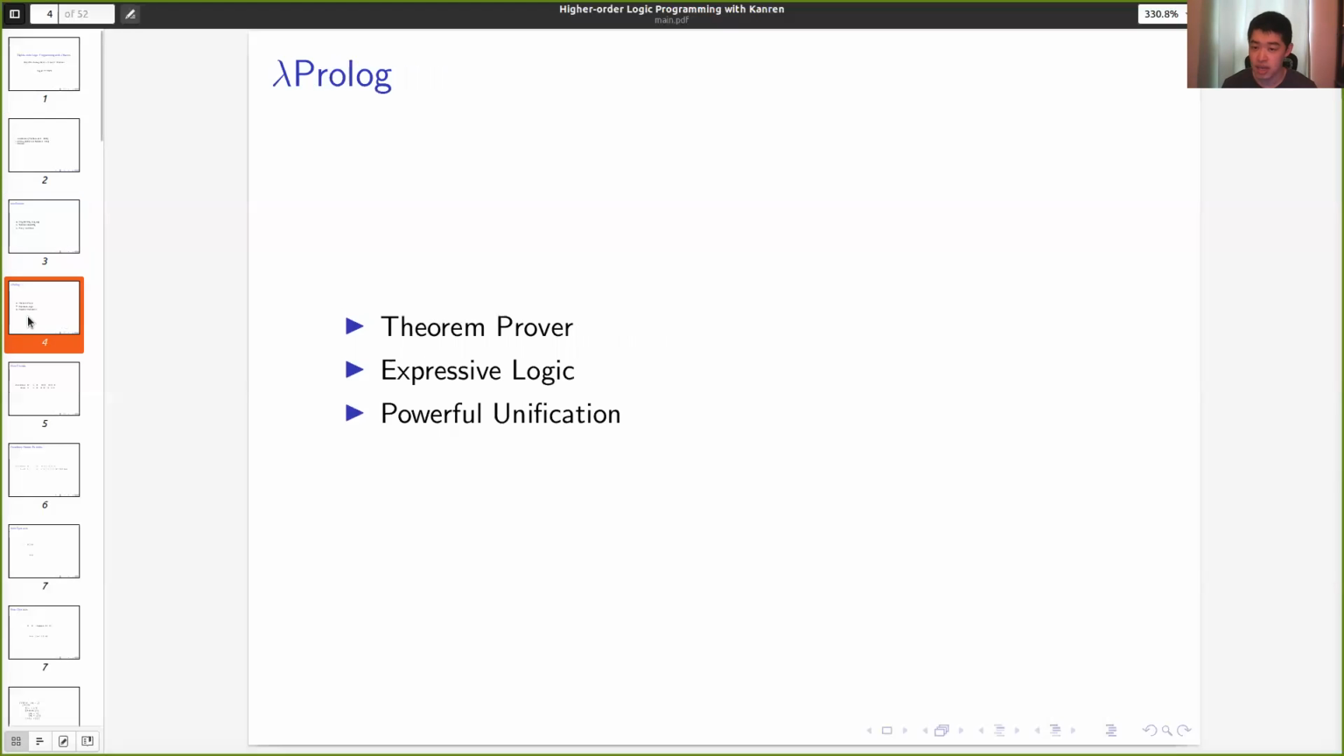On the other hand, lProlog is a theorem prover. It has a more expressive logic than miniKanren that we will go over in this talk, and it has a more powerful unification algorithm. In lProlog, there's a unification algorithm, higher order pattern unification. In higher order pattern unification, you can unify more than structural equivalents. For example, besides unifying 'cat' with 'cat', you can unify binding structures such as lambda X. X